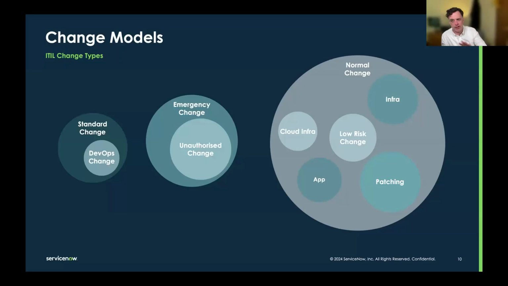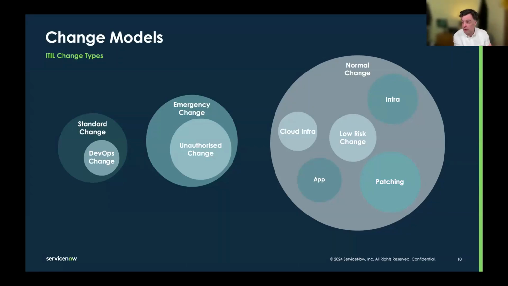Now, the DevOps change is not a standard change. There are times when operational teams need to be aware that a pipeline's firing, right? You may have a P1 on one of your apps at the moment that means you shouldn't be running pipelines, right? So there are times when you need to know about what's happening in operations in your service layer and tell the developers about that. So that's where ServiceNow comes in, because we tie together the information about the pipeline runs.